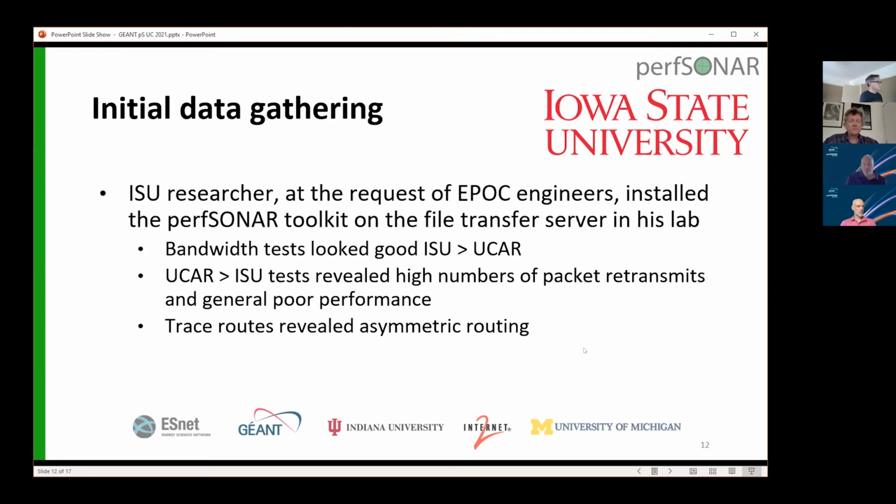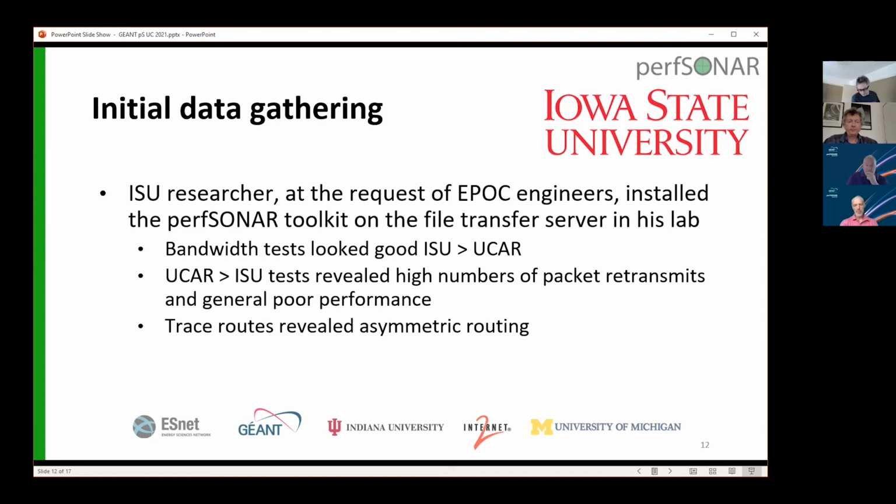So this researcher talked to Epic, once again, one of the projects I'm involved with, and we talked him into installing, again, perfSONAR on the file transfer server in his lab. So he actually had his own small DTN in the lab that he was using. We got him to put perfSONAR at the endpoint, so as close to the end as you can possibly get. And the bandwidth test looked pretty good when you were going from ISU to UCAR. Upload was not an issue. But on the way back through, we had a ton of packet retransmits, and the performance was just really, really terrible. When we started looking at tests,